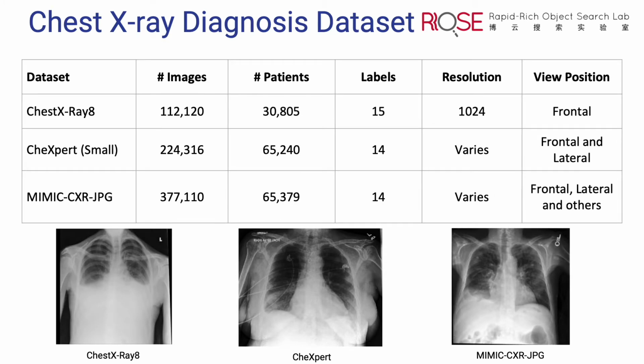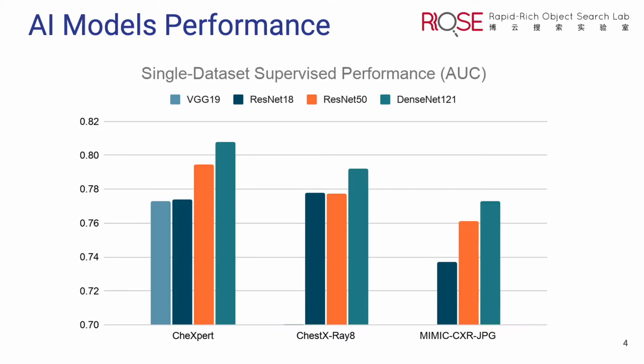In this datathon, we selected 3 datasets from the list to study the domain shift problem. They are Chest X-ray 8, CheXpert, and MIMIC-CXR-JPG. Here is some statistical information of these 3 datasets. We selected 4 common convolutional neural network architectures for training on the selected 3 datasets. The chart shows the single dataset supervised performance for each dataset, and we observe that as models get more complex,